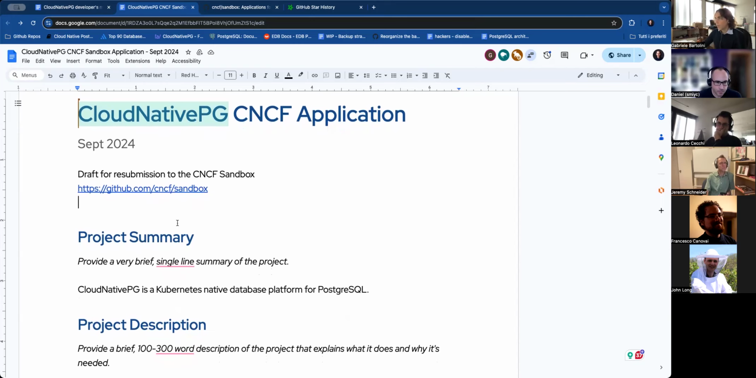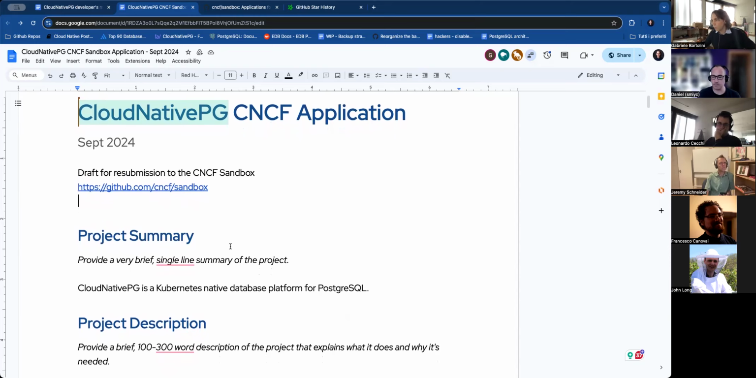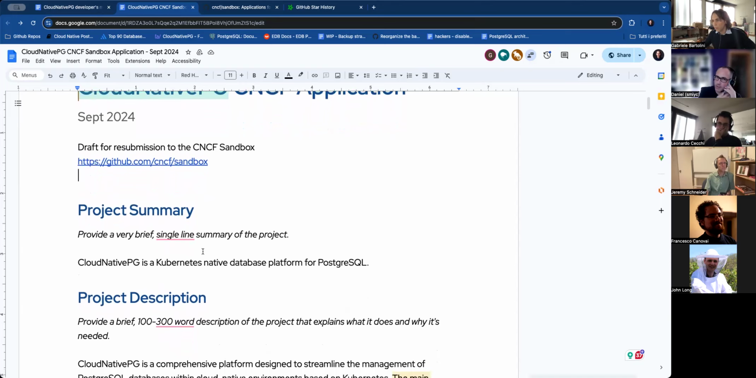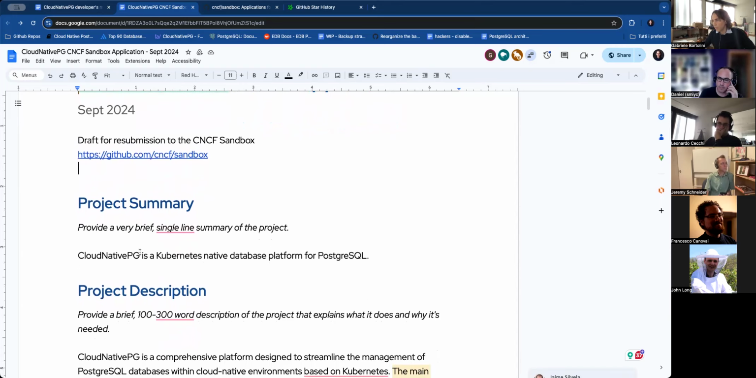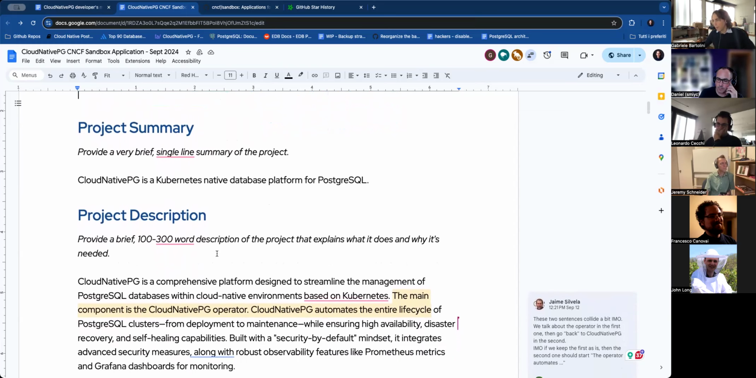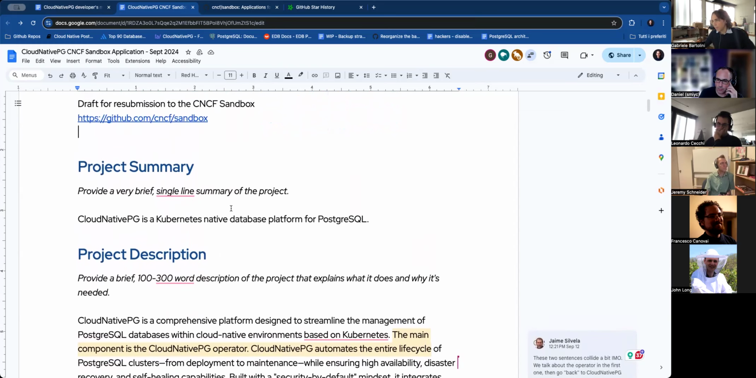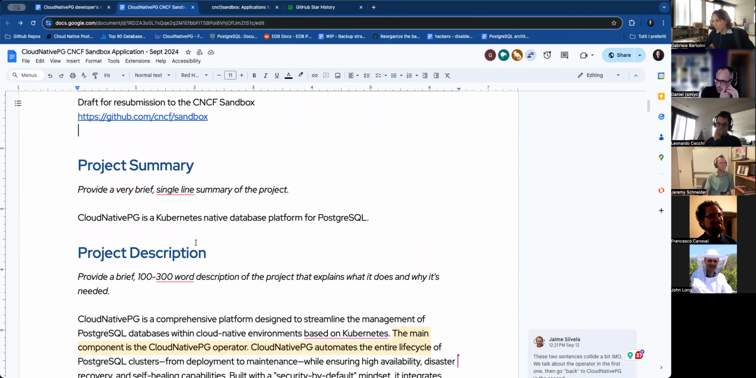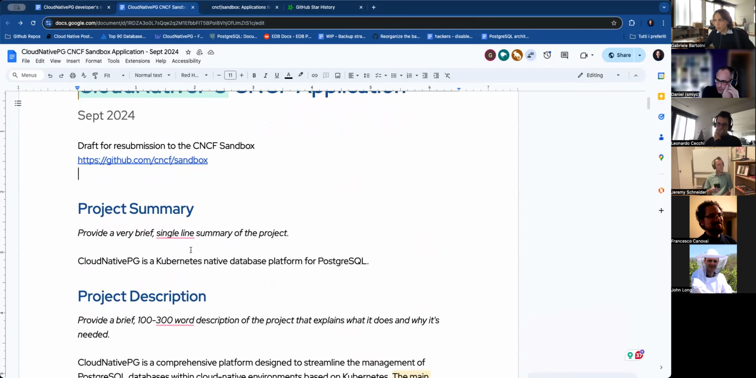So I encourage everyone to provide feedback, to comment on this draft, because we did our best here, but if there's help, I think it's going to be better. So the first one, of course, is the